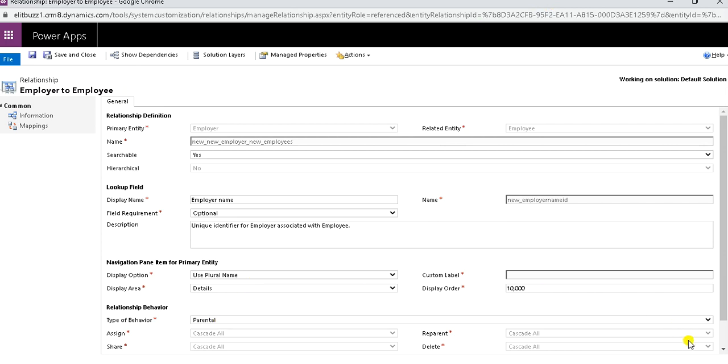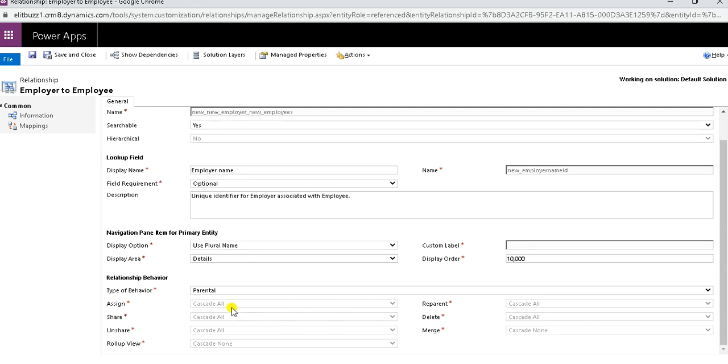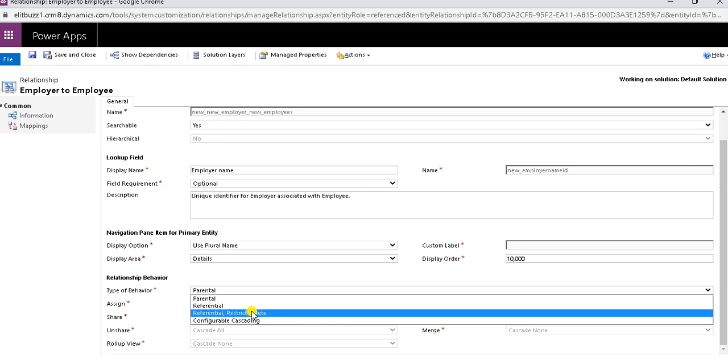You can see for parental we have these behaviors: cascade all, cascade all, cascade all. And these are assign, share, unshare, roll up view, reparent, delete, merge. These are all actions which can be taken on the records.